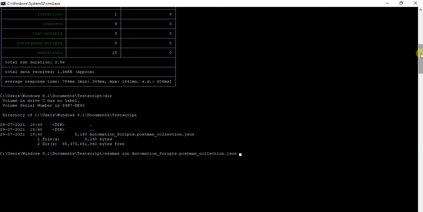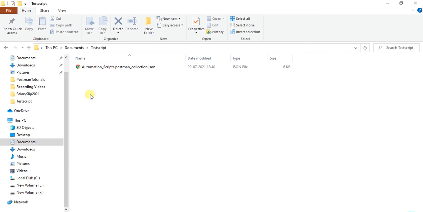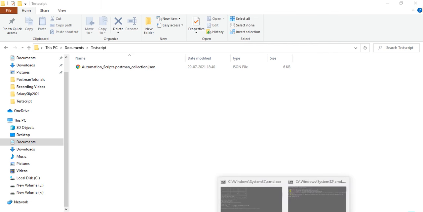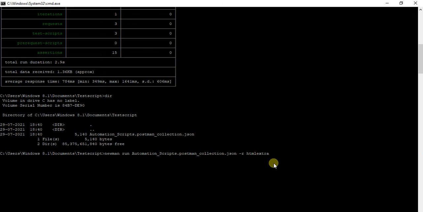Here I will give -r, then htmlextra. Before that, I have only one collection over here. Whatever I gave, npm install, so it is installed. This is the way to install the HTML extra. So let me press enter.